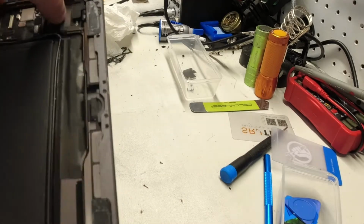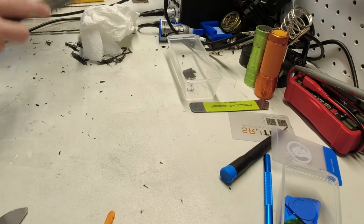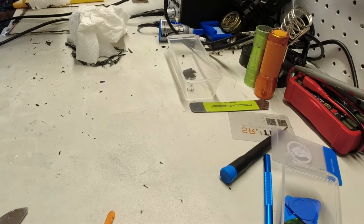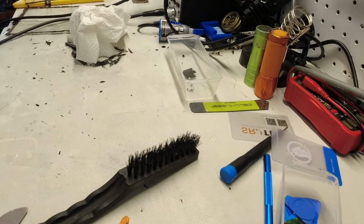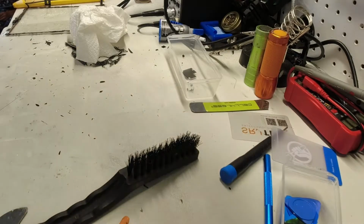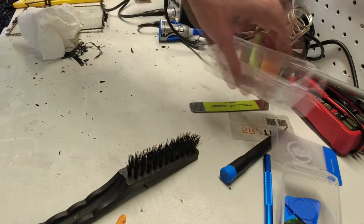Hear that? You can definitely hear a piece of glass rolling around in your tablet if your repair technician was to leave one in there. So we're going to make sure we get all that out. I'm pretty sure we have at this point. Another little tap, put that in a safe spot, and then we're going to go ahead and clean this area up real good. I'm going to do that, and then I'm going to come back and we'll move on with